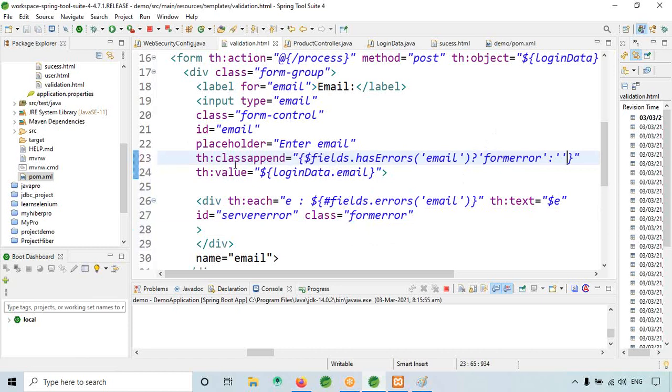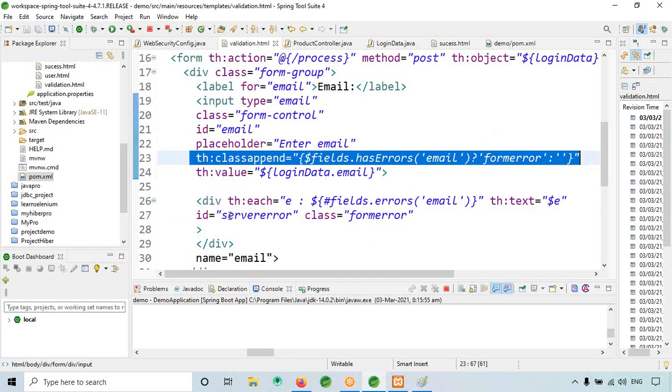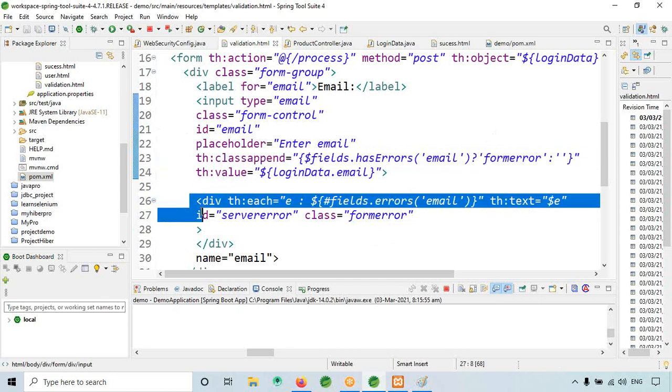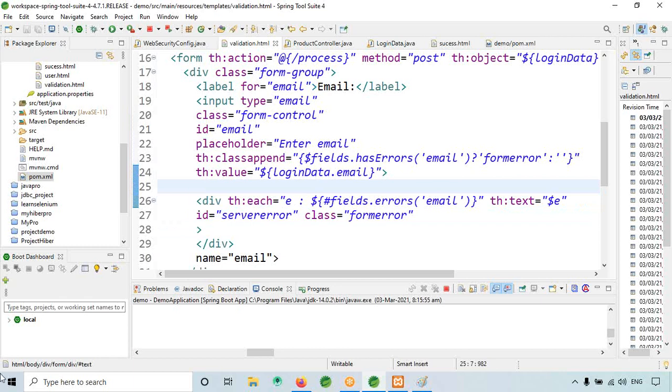Okay, so this will be available on the internet. If you search Thymeleaf error like that, you will get all this code, so it's already available. See why I have given a for loop: because there will be multiple errors, right?